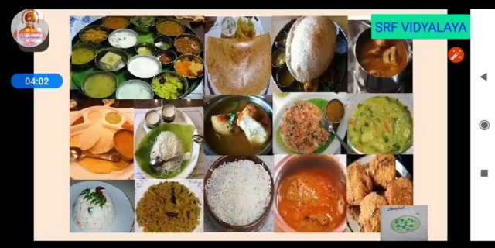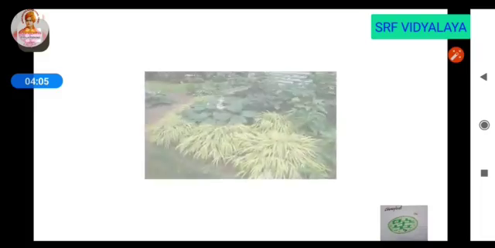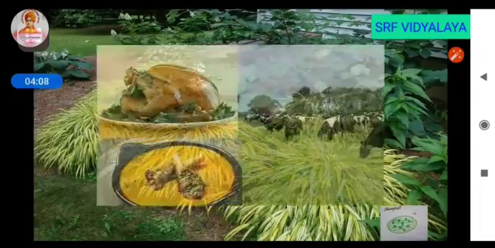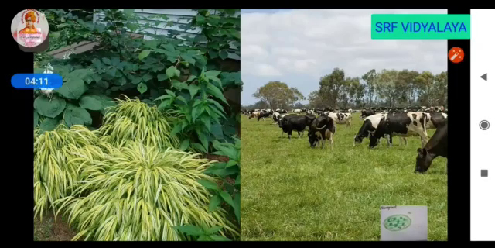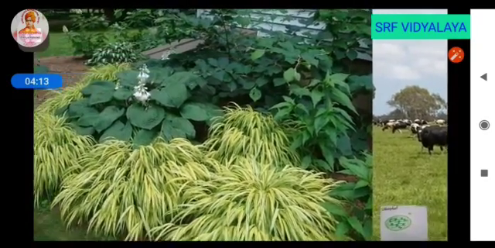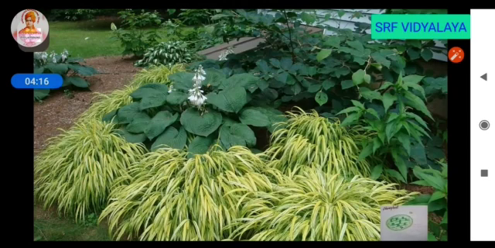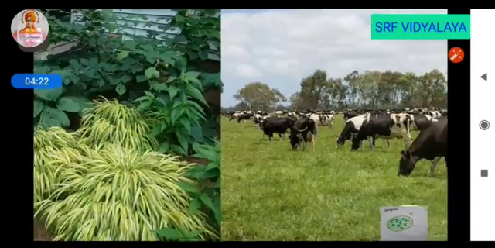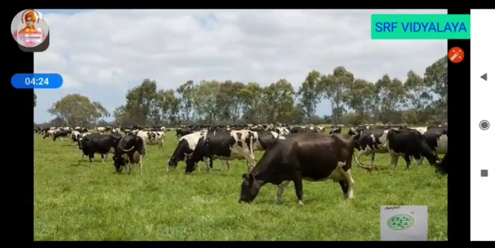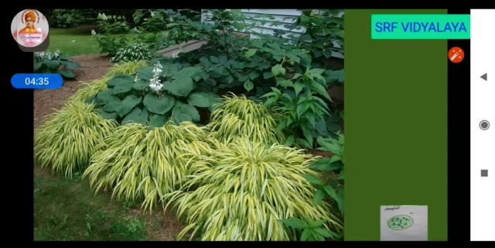Photosynthesis. From where do we get food? We get food from plants and animals. Are the plants and animals prepare their own food? Yes, plants prepare their own food by themselves. So they are called autotrophs. But animals do not prepare on their own food. They get food from other sources. Hence they are called heterotrophs. How do plants prepare its food? Plants prepare their food by photosynthesis.